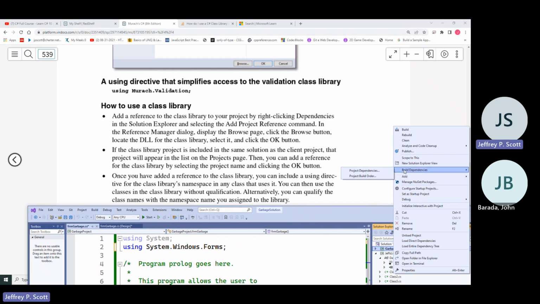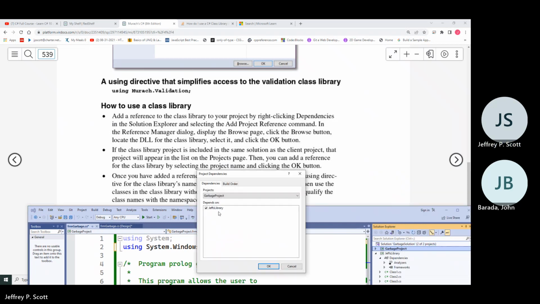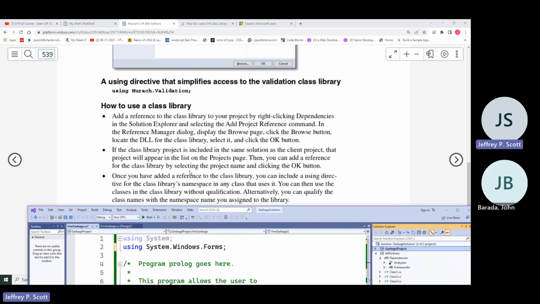All right, build dependencies, project dependencies. It's got it set up as being Jeff's library, so it looks like it's set up already. If the class library project is included in the same solution, that project will appear on the project's page. Then you can add a reference by selecting the project name and clicking the OK button.